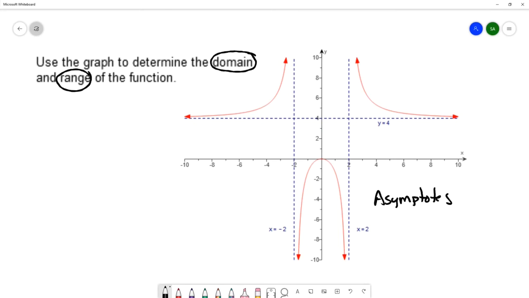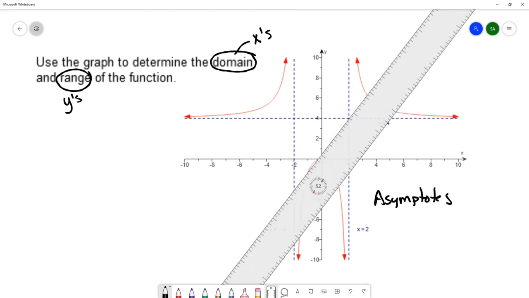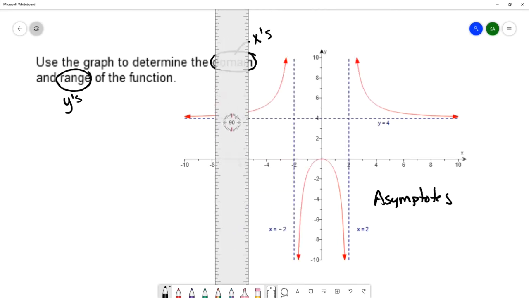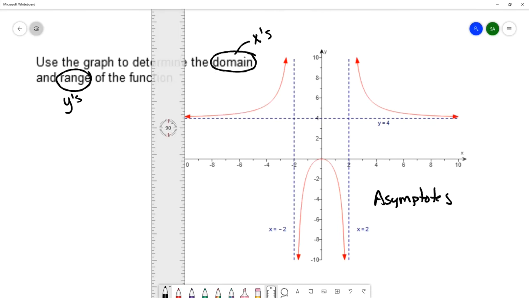So when I'm looking for the domain and range, first of all, you need to know that the domain are the first coordinates or the x's, and the range is the second coordinate or the y's. And I'm going to use a ruler to help guide this discussion of the domain. I'm going to hold the ruler vertically. The reason why I hold it vertically is because that ruler is pointing to the x scale. So when I hold the ruler, it's going to help me to understand where my domain starts, because that will be the